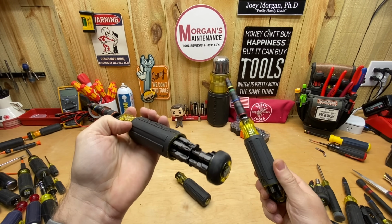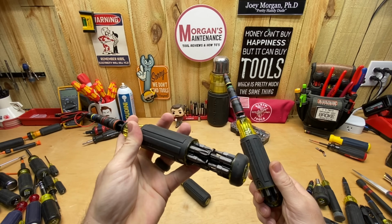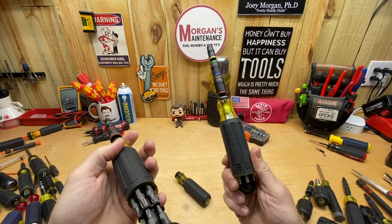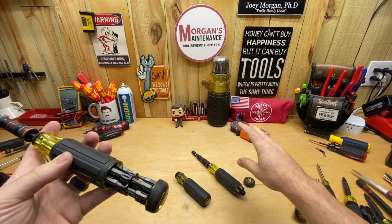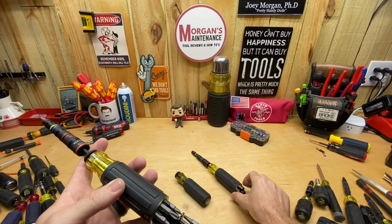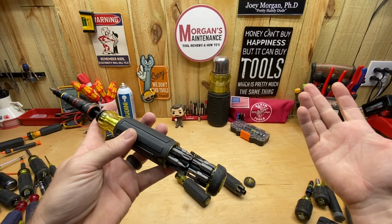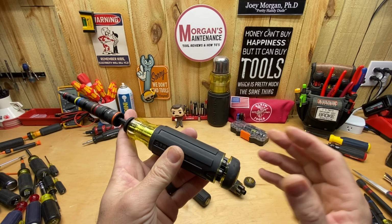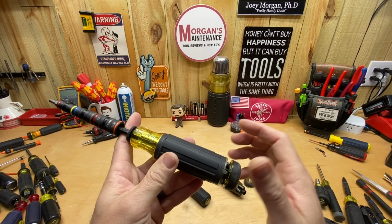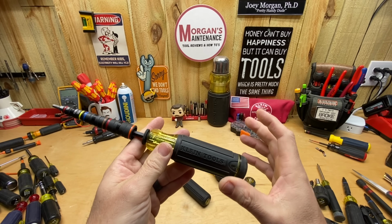I haven't had this issue with any of my newer ones, but I had this one and I used this one for a really long time. So just know that longevity-wise, you might get a year or so out of this and start having problems. You might get 2 or 3 years and not have a problem whatsoever. But that's why this one's also not moving up into the top tier of my Klein Tools screwdrivers,